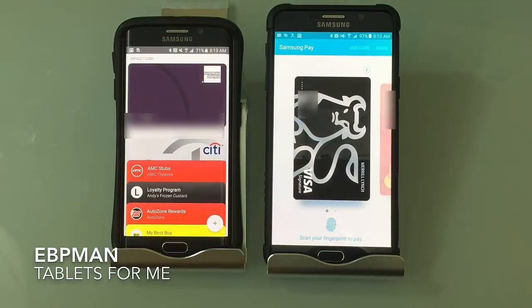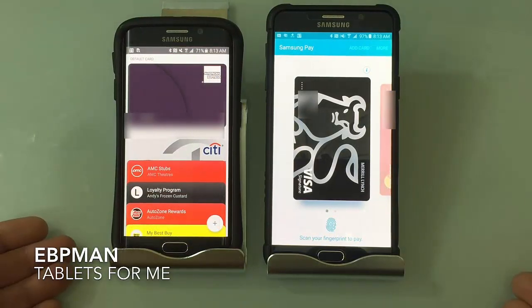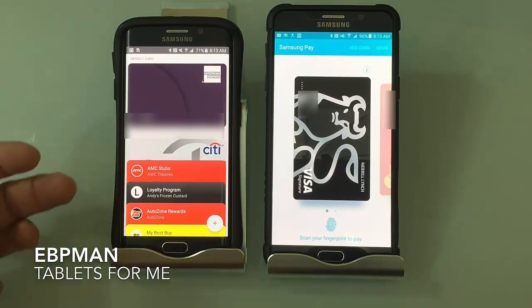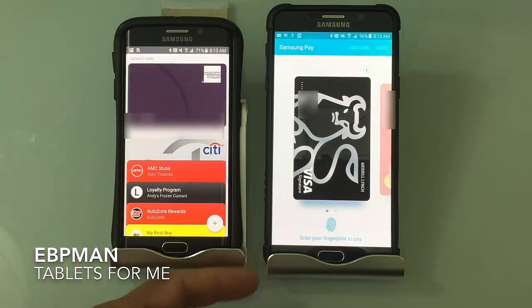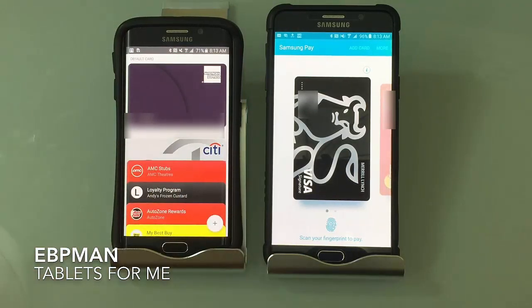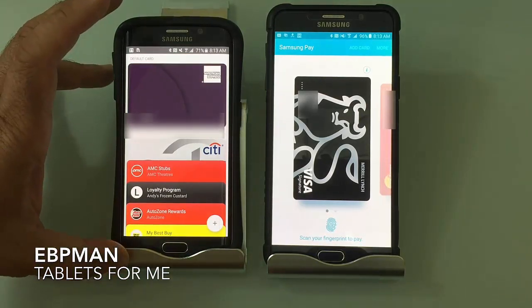So if you ask me what is my preferred digital wallet when it comes to the Android ecosystem, I have to say at this time it's Samsung Pay. Even though there's an inconvenience factor of not having my loyalty card built into the application, I do find that my checkout process is more consistent with Samsung Pay. I wish the loyalty cards were inside of the Samsung Pay application, or as an alternative, I wish that Android Pay could leverage the technology built into the Note 5 and also the S6,